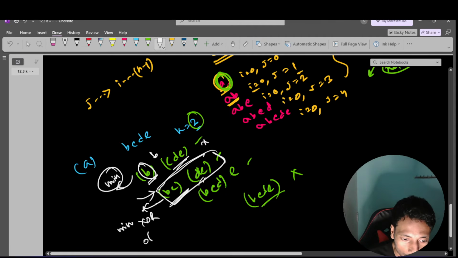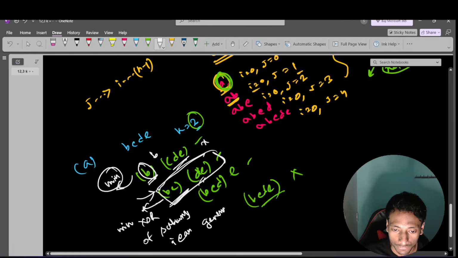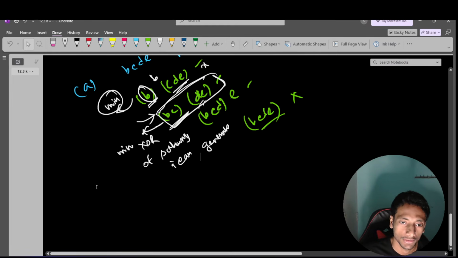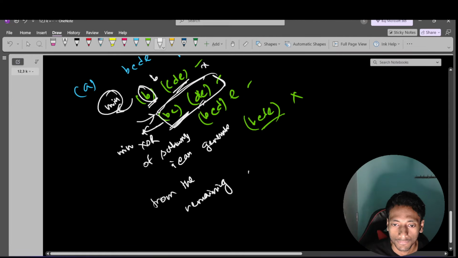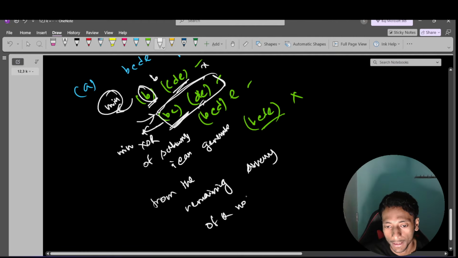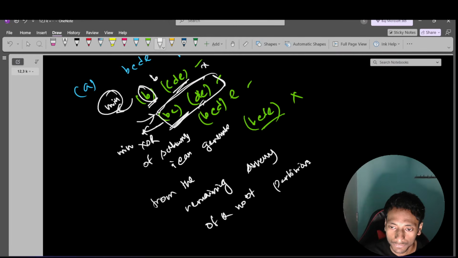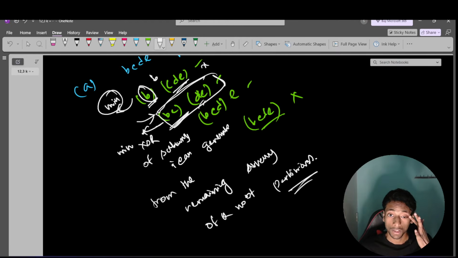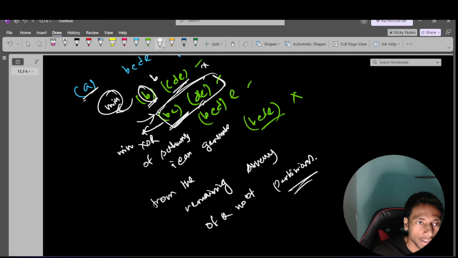Minimum XOR of subarrays I can generate from the remaining array of k number of partitions. Clear? So now I will check that if I take this subarray, this is one possible subarray,